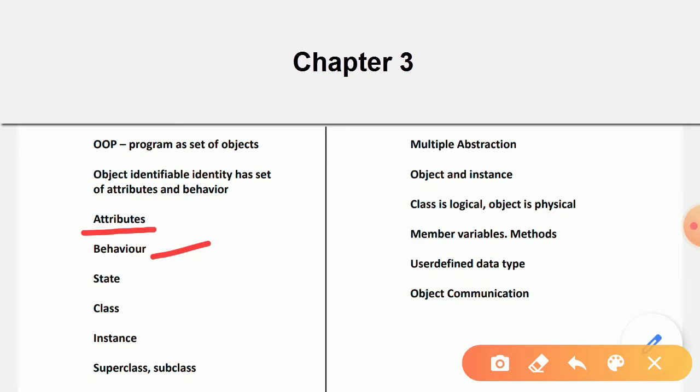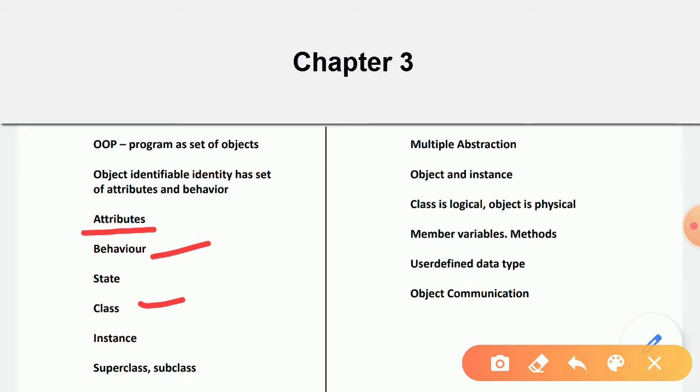Now let's talk about class. So what is a class? See, a class is a blueprint. A class is a blueprint. It is a specification.